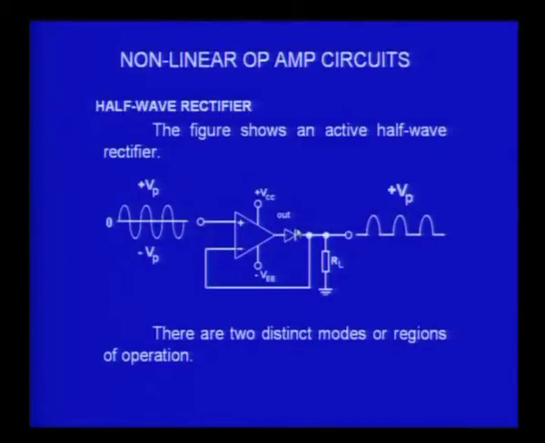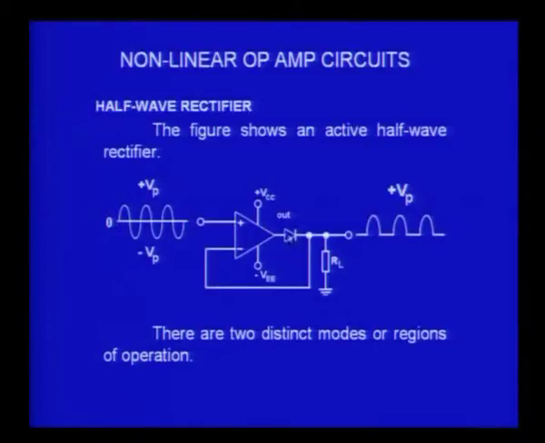It will be much larger than 0.7 volts, and so the diode will be forward biased, and I will get the same voltage as it is changing. This will happen whenever the diode cut-in voltage is more than 0.7 volts. To become 0.7 volts here, I must have an input voltage of 0.7 divided by 10 to the power 5, that is 7 microvolt. Therefore even when the input is beyond 7 microvolt, as it increases here,